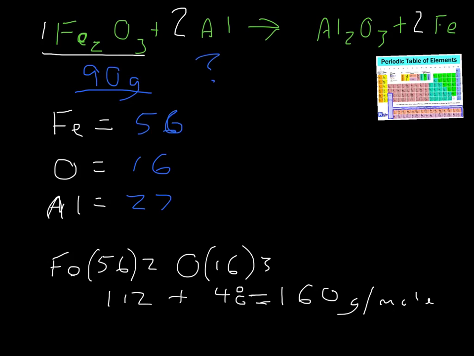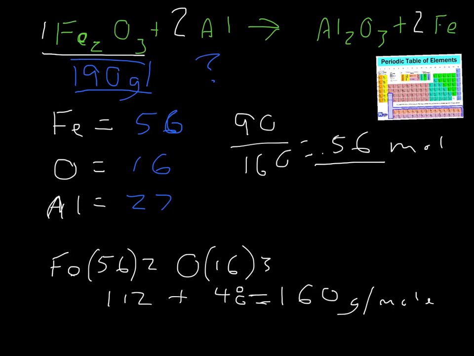So now that we know how much it weighs per mole, we now know, we didn't do this in the last example, that we have 90 grams of it. In the last example, it just so happened that the weight that we had was exactly 2 moles. So now we need to figure out how many moles is 90 grams. So the way that we can figure this out is by doing 90 divided by 160, and that gives us 0.56. So we have 0.56 moles